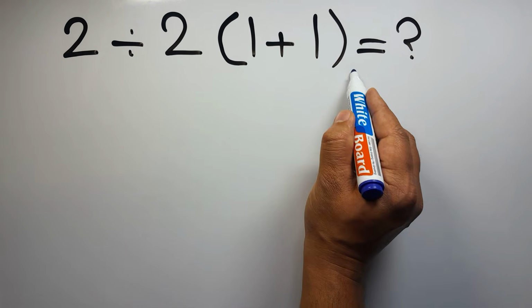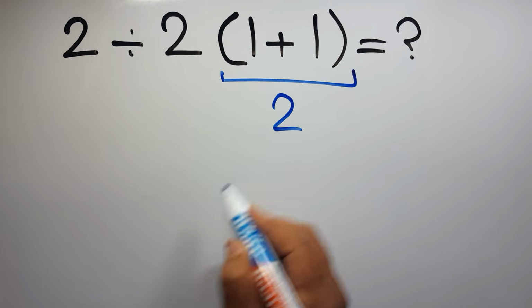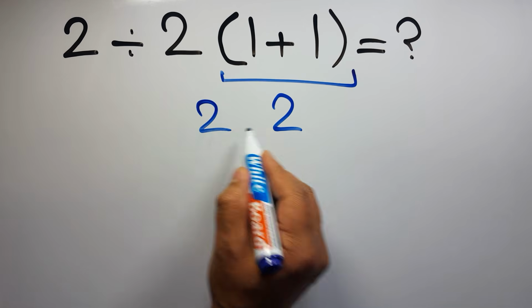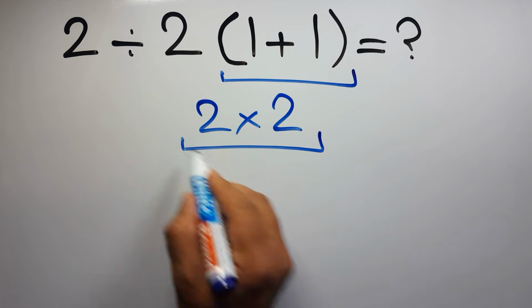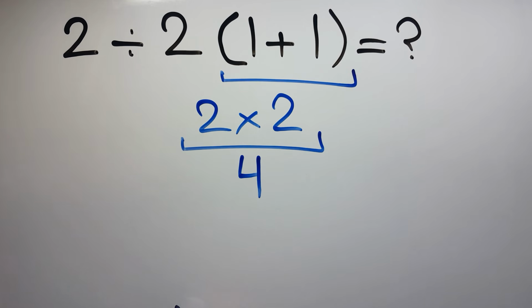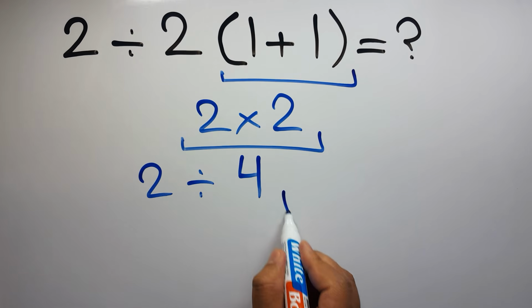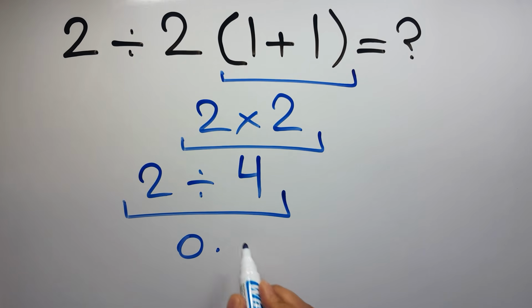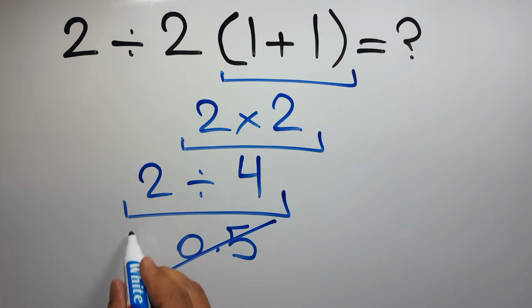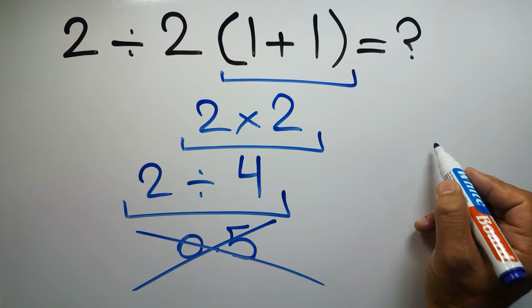1 plus 1 gives us 2. And the 2 times 2 equals 4. So, 2 divided by 4 is just 0.5. But this answer is not correct, because according to the order of operations, which is PEMDAS,